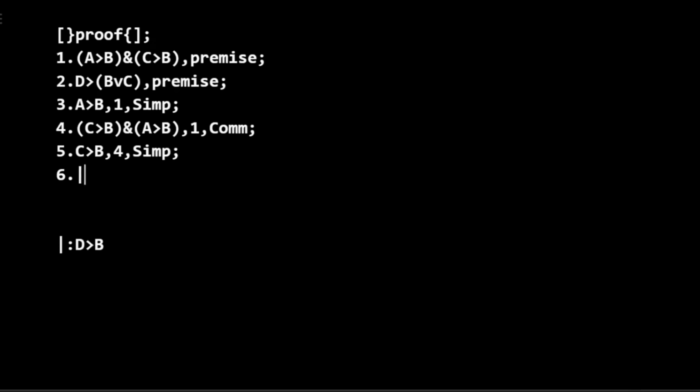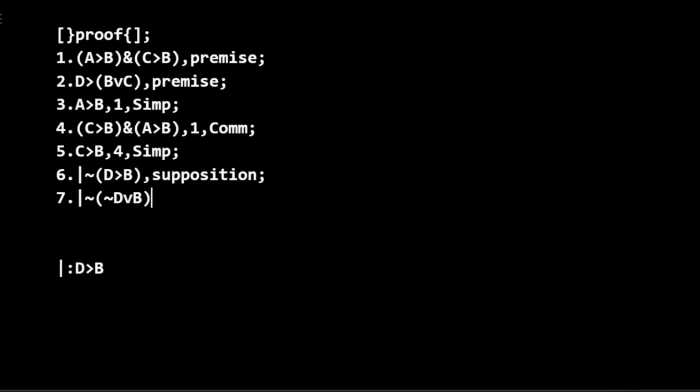And let's just see if indirect proof works here by negating the conclusion that we're trying to derive. And let's see what happens. So on line 6, we can do implication, and we can do De Morgan,